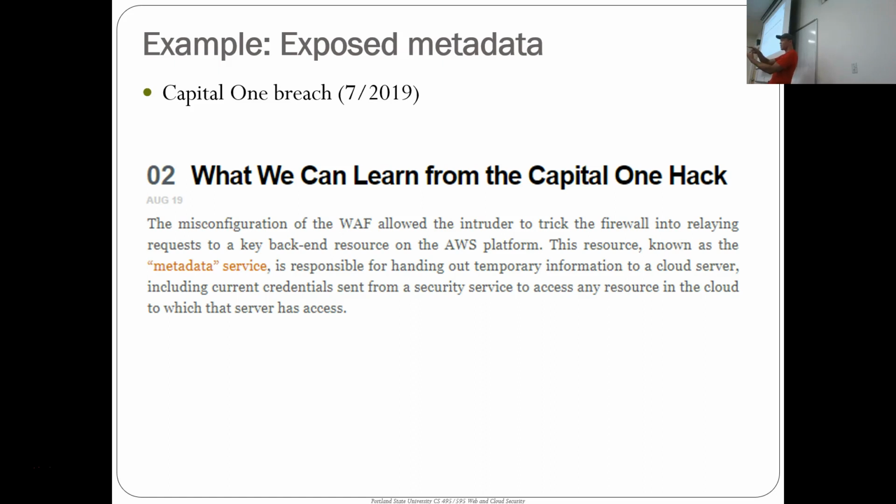The service gets the authentication credentials out of there to send over to a cloud resource. But if it's exposed, then that's what happens. That's basically one of the root causes of the Capital One breach. The metadata server was coughing up all of the access credentials for the VM that was running the web application firewall.